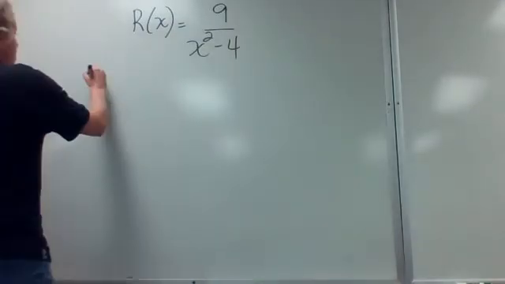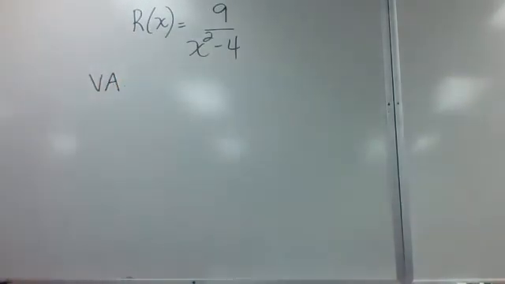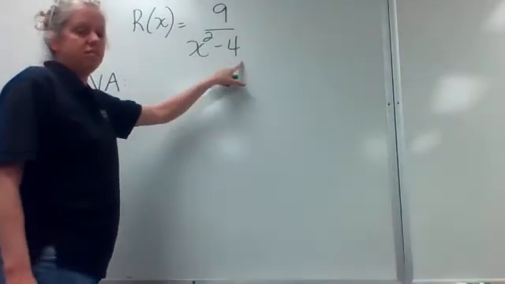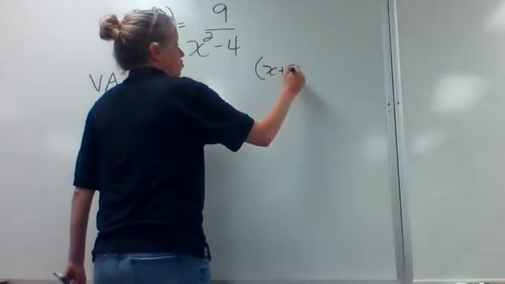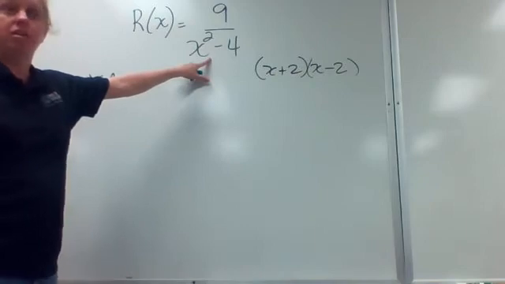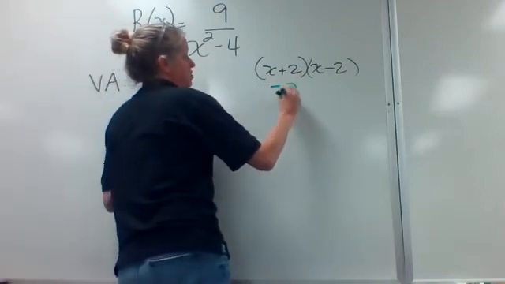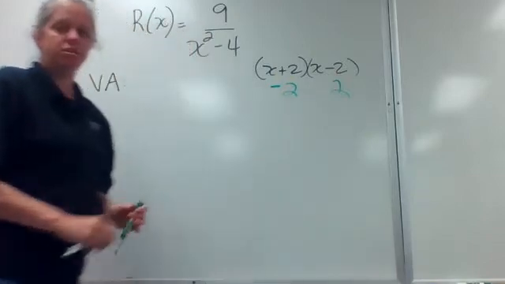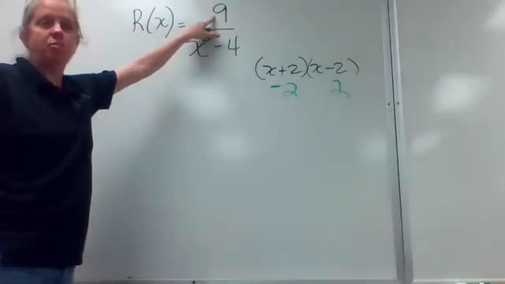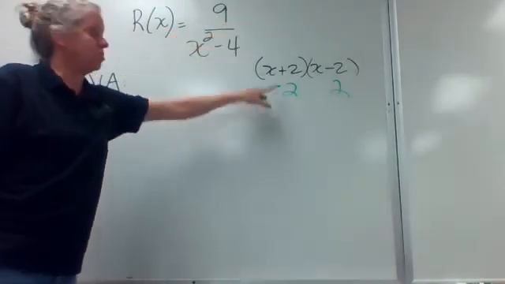So the first thing it wants to know is where are the vertical asymptotes? Remember what those are. Those are the zeros of the denominator that are not also zeros of the numerator. So this one, the zeros of the denominator, that's a difference of squares, so it's not too bad to factor that denominator. This one's zero will be -2, and this one will be +2. There's not any zeros of the numerator because it doesn't have an x. So these are both